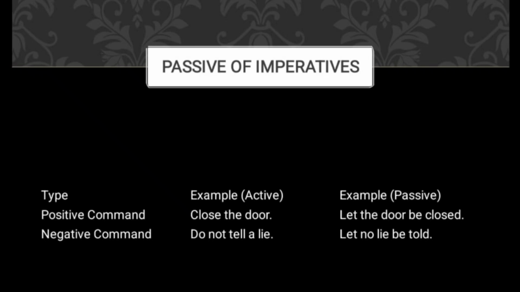Common mistakes. Students often make mistakes while forming passive voice. For example, incorrect. He was eaten by the dog. No, this is wrong. How will we write it? Let's see another sentence. Incorrect. The room cleaned yesterday. But the correct one will be, the room was cleaned yesterday. So always remember to use the correct form of be and the past participle.